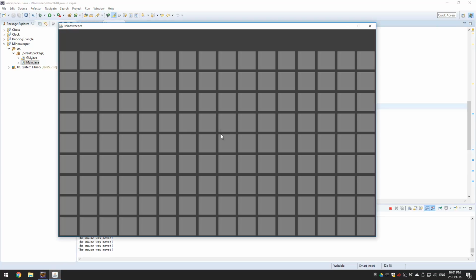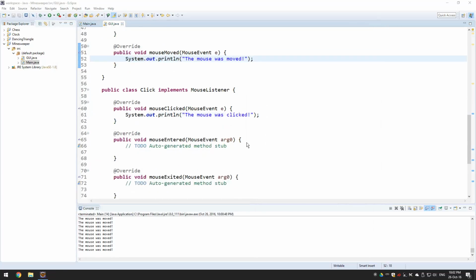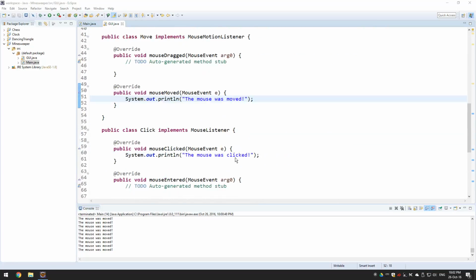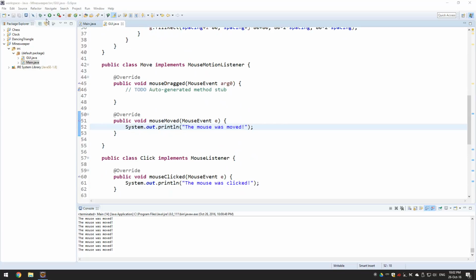So whenever we click the main button, which is the left one, it's going to say the mouse was clicked. If we right click right here, the same thing is going to occur. If you want to use right click in JFrame applications, you have to change some stuff first. So both buttons on the mouse do the same job right now. So we can see that it works. I'm gonna stop right here for this video, guys, and in the next one we're going to create some arrays